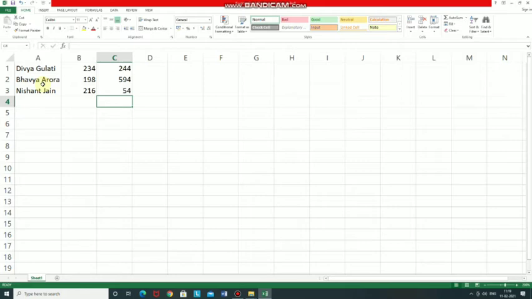Then entering data. Data is entered simply by selecting a cell. You already have seen here, I am selecting this cell and typing the data. See here, in any cell you can type anywhere. First select the cell and then type the data. Selecting the cell, typing the data in it and then pressing the enter key.